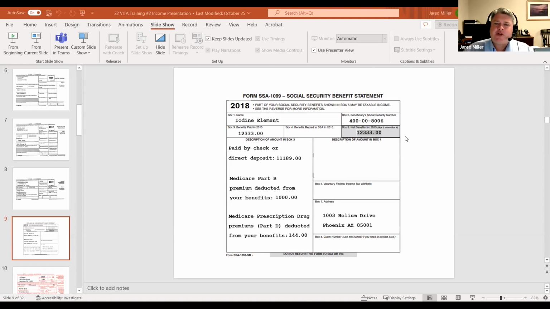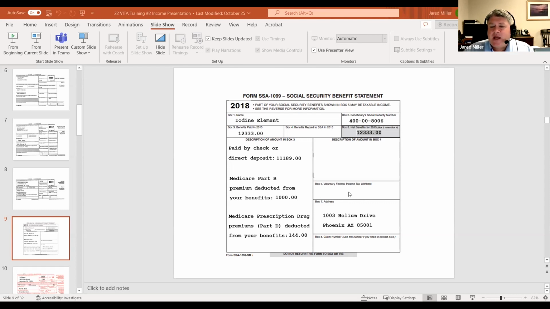So the predominant information we're looking for when you enter the Social Security information in, we really just need to understand, is it going to be the taxpayer or the spouse with their Social Security number? And then we can enter the net benefits coming out of box 5. Generally, other information might be things in box 3, which would be their Medicare withheld out of their payments. So we can go ahead and enter that information in if they can qualify for itemized deductions.